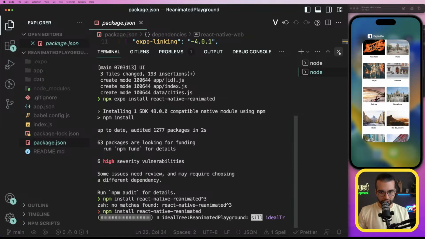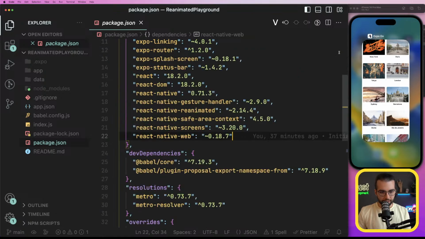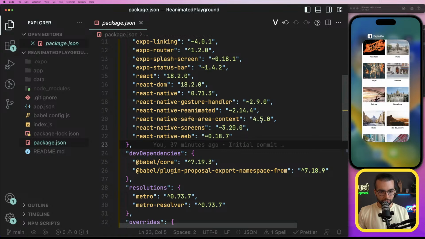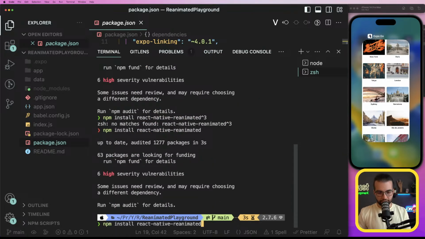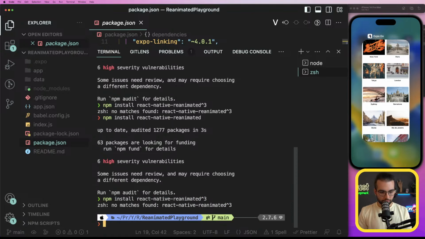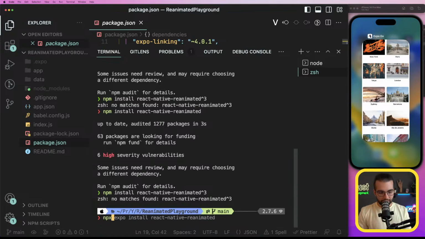Without it, will it work? Just by doing install Reanimated, no, it's still 2.0. And why did it fail to do it like this? Okay, that's weird. But can I do npx expo uninstall